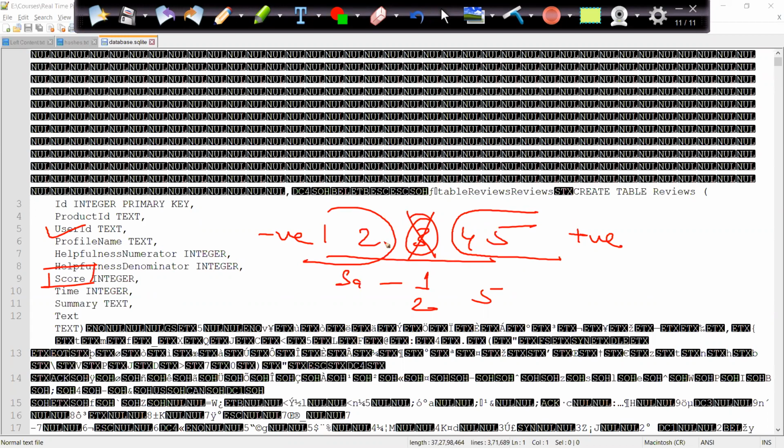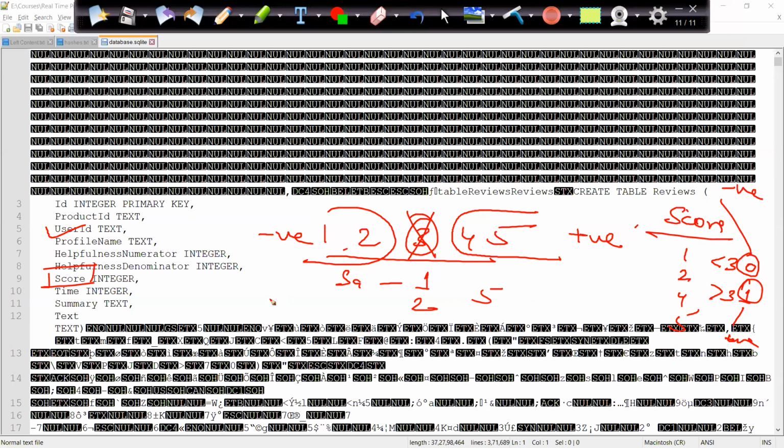And from there, what I will do is I will convert this particular column. As of now, I have a score column which consists of 1, 2, 4, 5. I will write a logic while loading the data, or once the data gets loaded. I'll say that if your rating is less than 3, then make it as 0. And if your rating is more than 3, then make it as 1, where 0 means a negative review and 1 means the positive review. Right? That logic I will write.